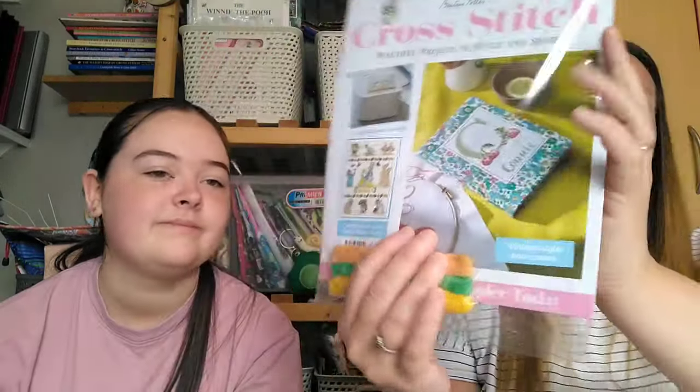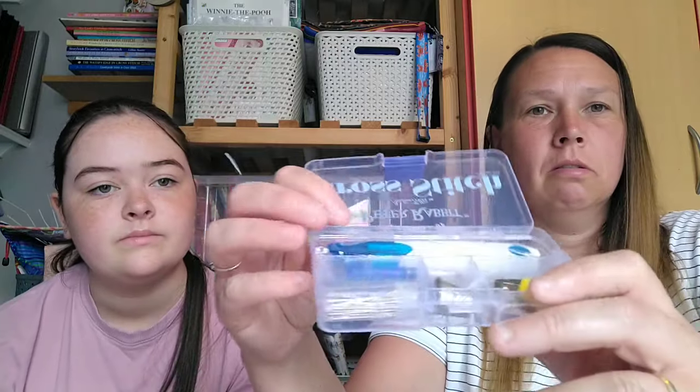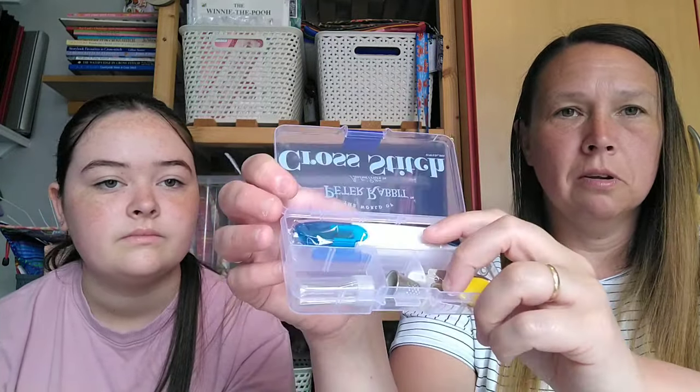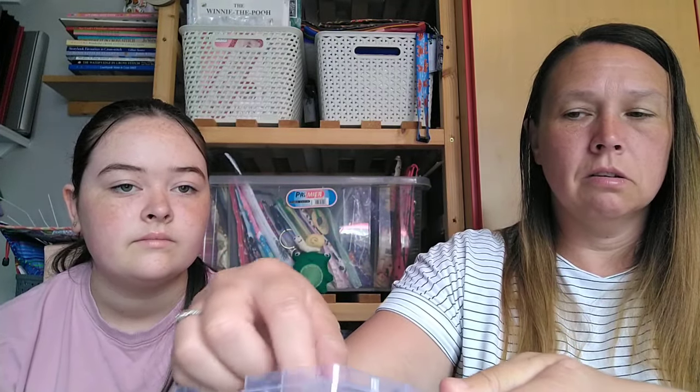So yeah, that's some more things from there. And with that, I've also got this, which is, I'm just gonna pull the band-aid off. So it came with this one, and there's a little stitch box with those included. So I've got snippers up here and a thread ripper,